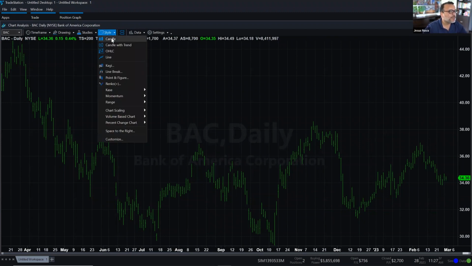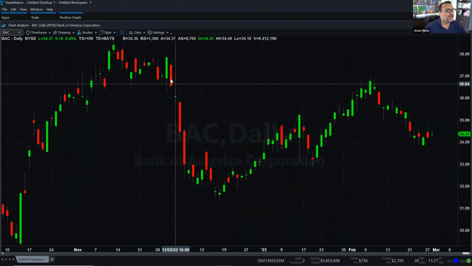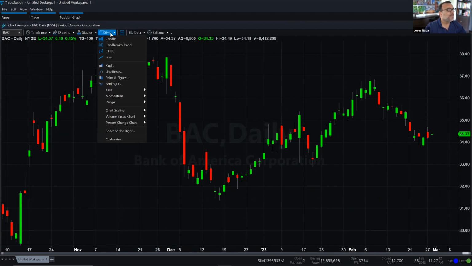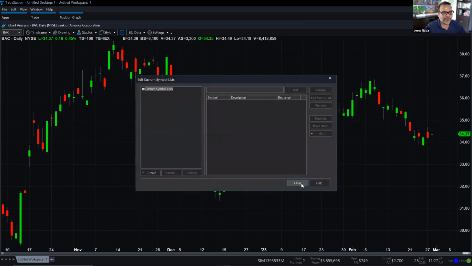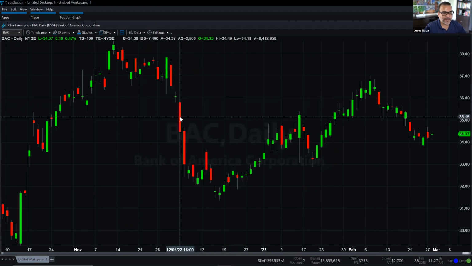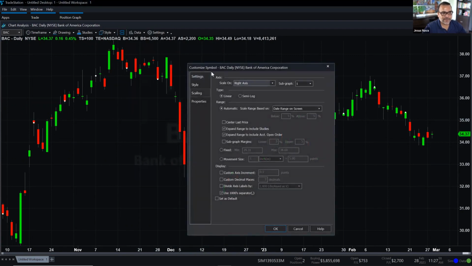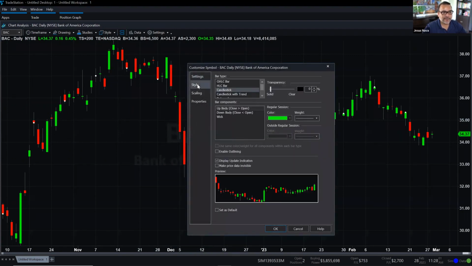I can go here to candle, and if I go here to style, not style, let me go to data and edit symbol. Now, if you want to go to data and edit symbol, most of the time I use a shortcut. So I double click on the candle. If you double click on any of the candles, it takes you to customize symbol. And here under style, you can see that for bar components, you have an up color, the down color, which is red, and the wick. There's a checkbox here that says,